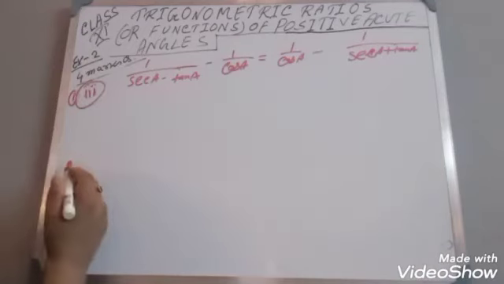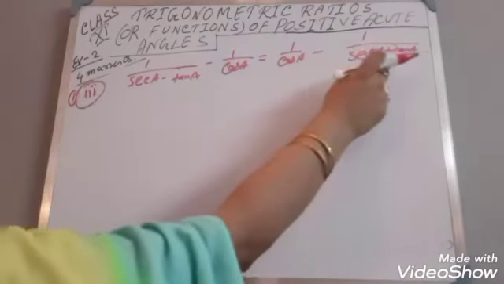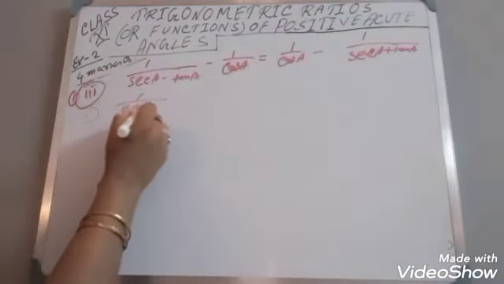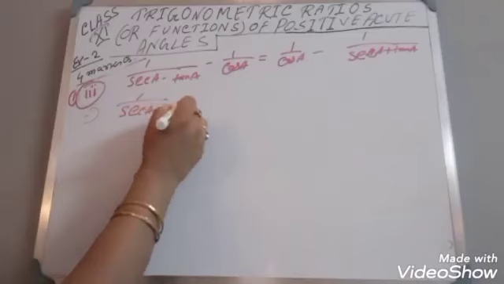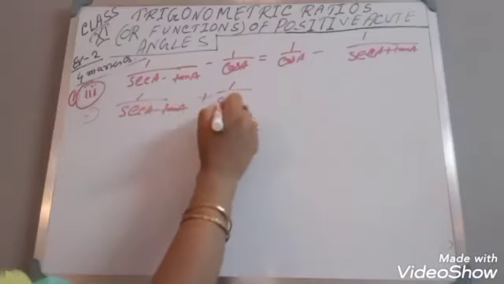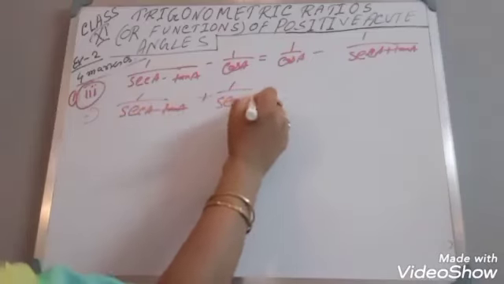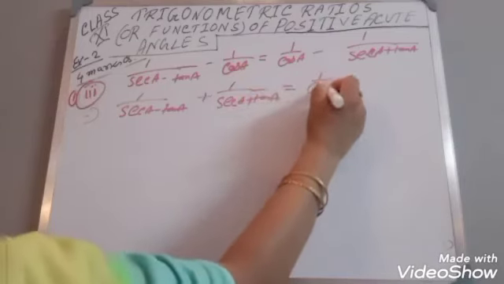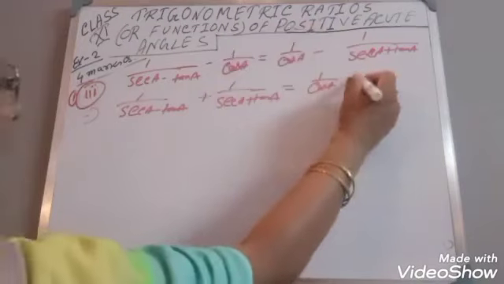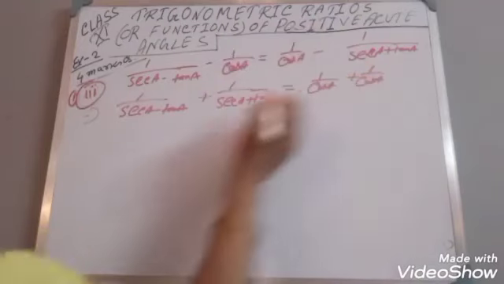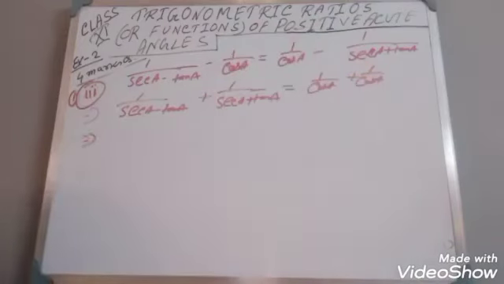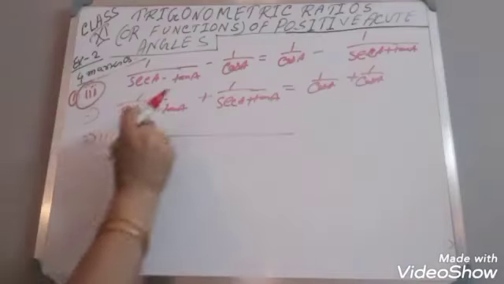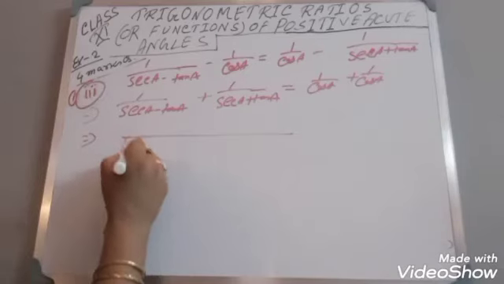Let us do one thing at first. Take minus this term to the left hand side. Then what we will get? 1 by sec A minus tan A plus 1 by sec A plus tan A is equal to 1 by cos A is there, and take 1 by cos A to the right hand side. Then what we will get? This side is equal to, this is coming, this 2 will be the LCM.